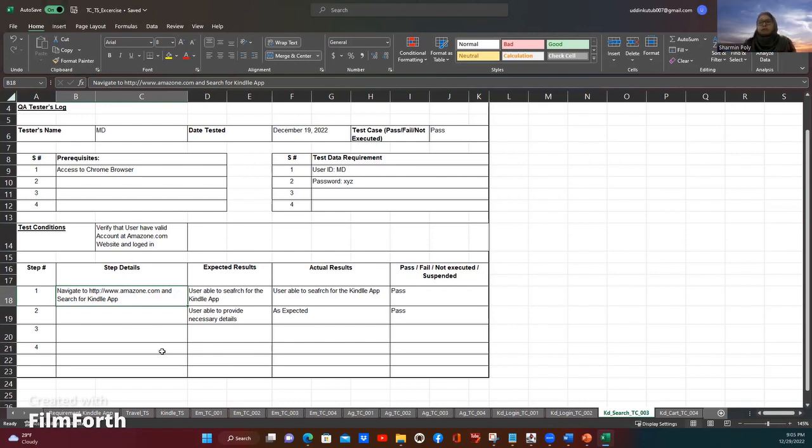So we can say go to the corner and click on the search box. Yes, so you have to provide those details, that familiarity, so any user can execute your steps. Not just for the advanced user who only knows the applications. So instead of "navigate, search for the Kindle app", we can say navigate to the www.com and